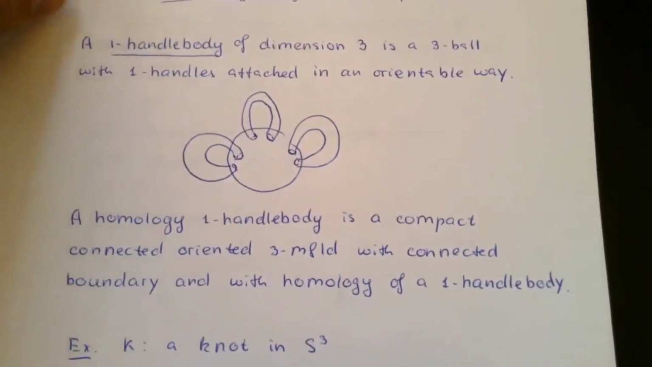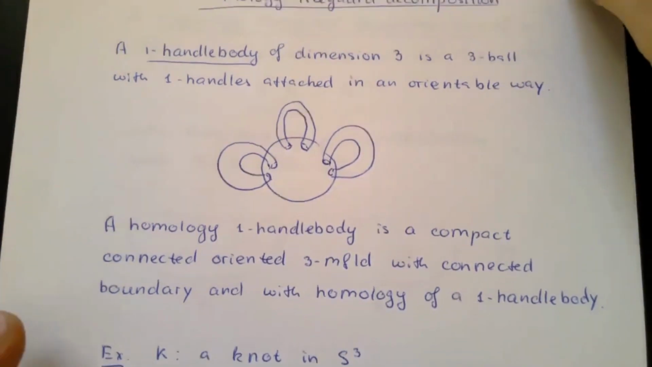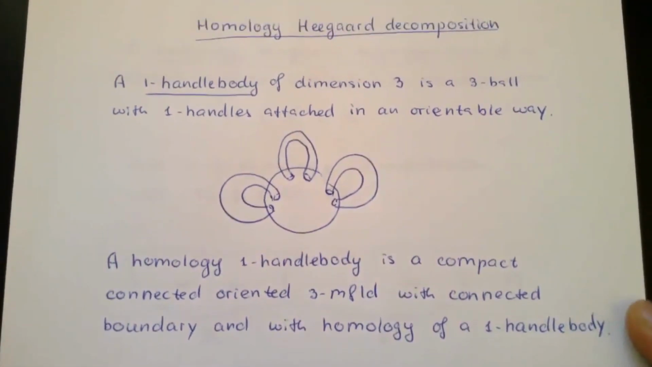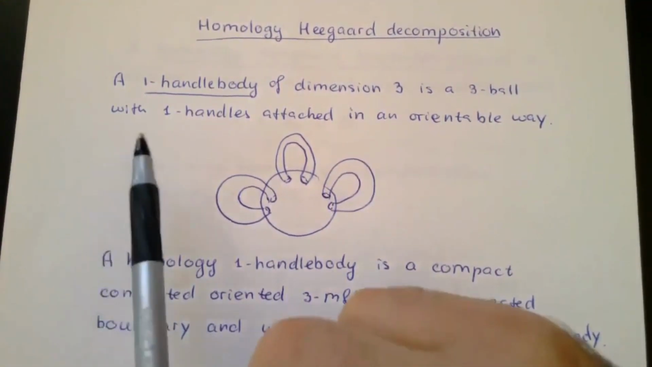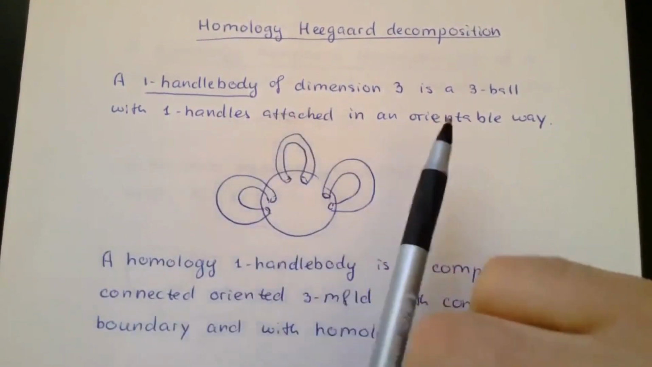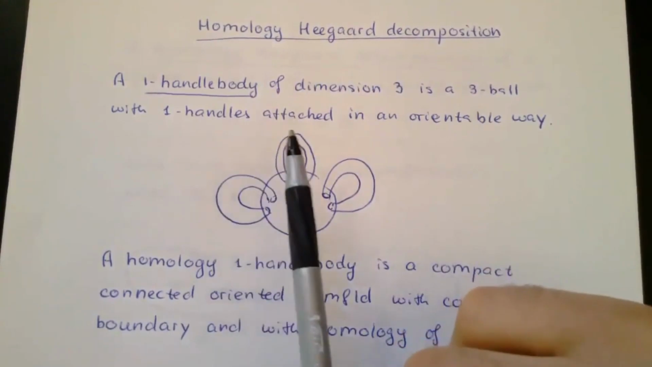So next, I would like to apply these ideas to find the minimal number of critical points of functions on four-dimensional manifolds. To do this, I will need the definition of homology Heegaard decompositions. To begin with, a one-handle body of dimension 3 is a three-dimensional ball with one-handles attached